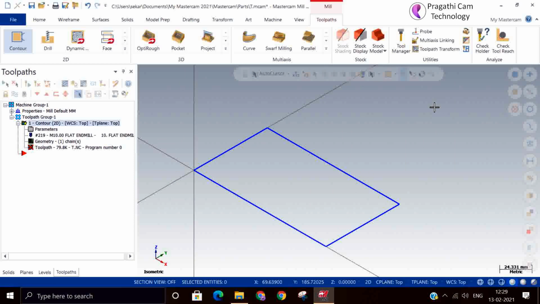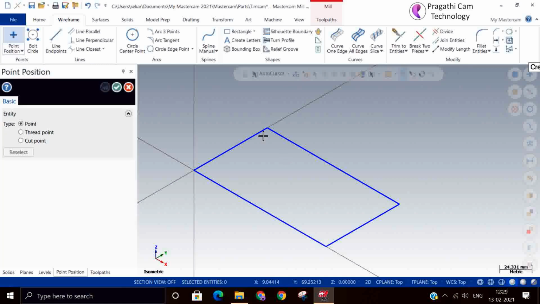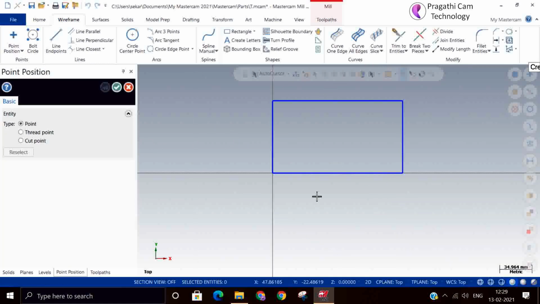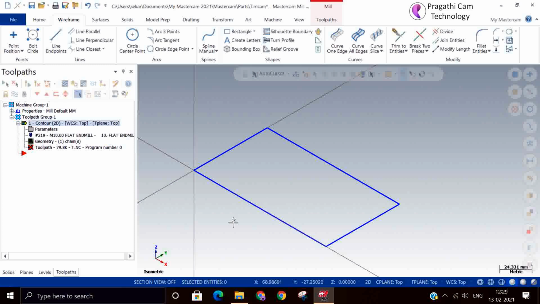Suppose there is a hole in the component, and you want to enter and exit at that particular hole. We will make one point temporarily here. So I just made one point.